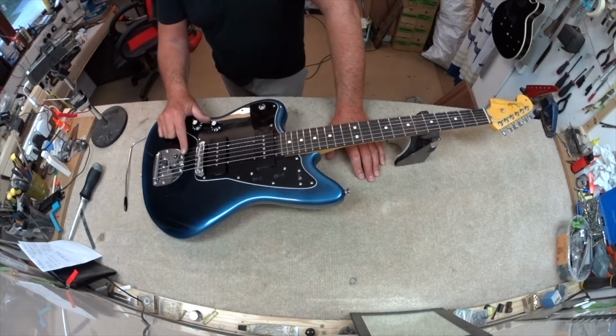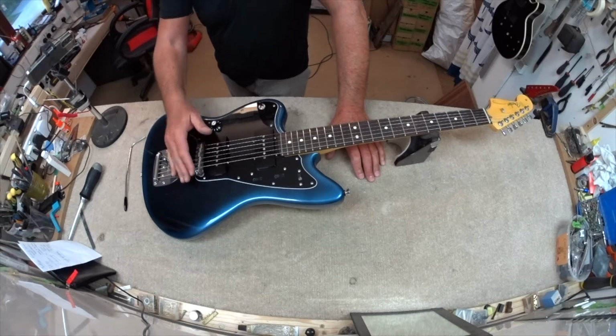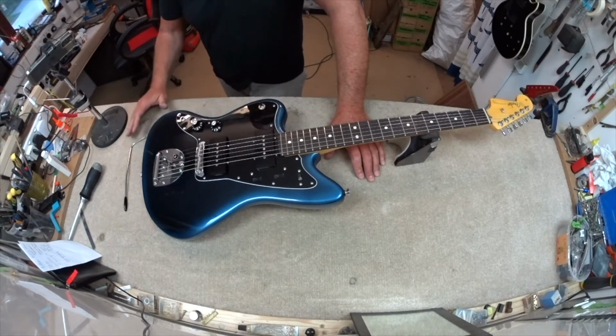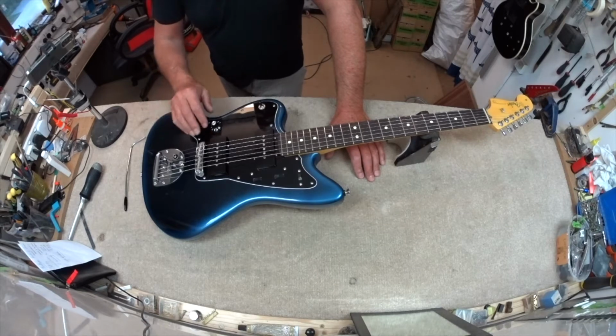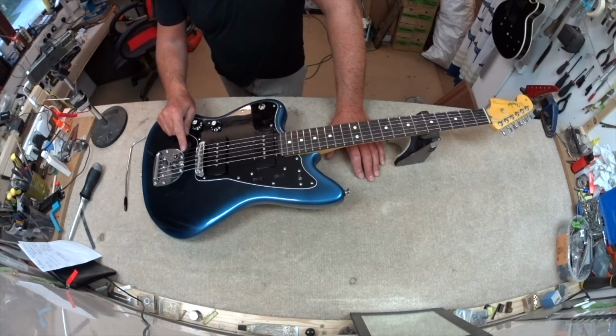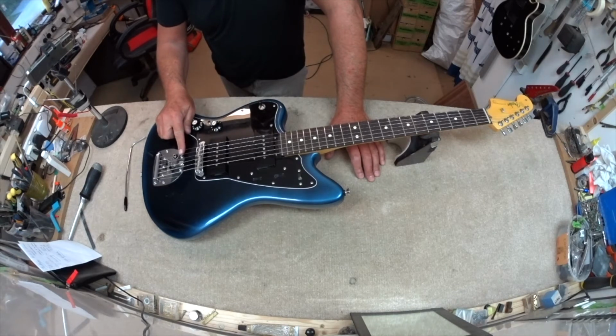And because of that, first of all, you get a lot of sympathetic vibration off here, so you can get quite a bit of noise coming off these things anyway. But for some people, that's the character of the Jazzmaster and what's good about it. But the other thing that some people find is if the neck angle's wrong here, what you get is it's